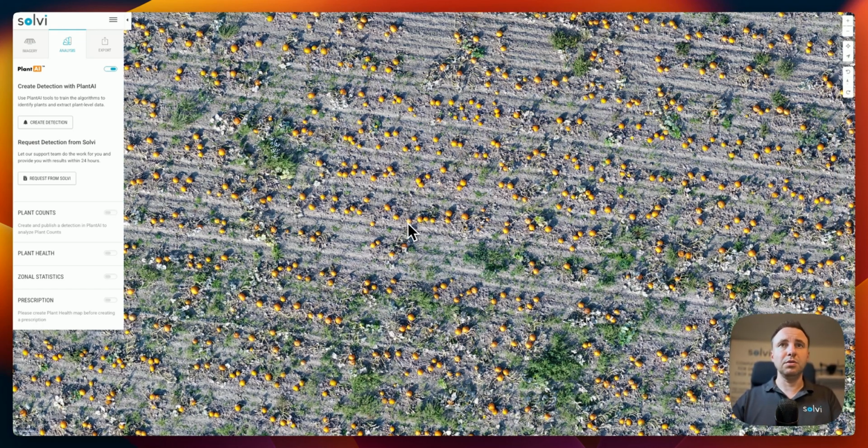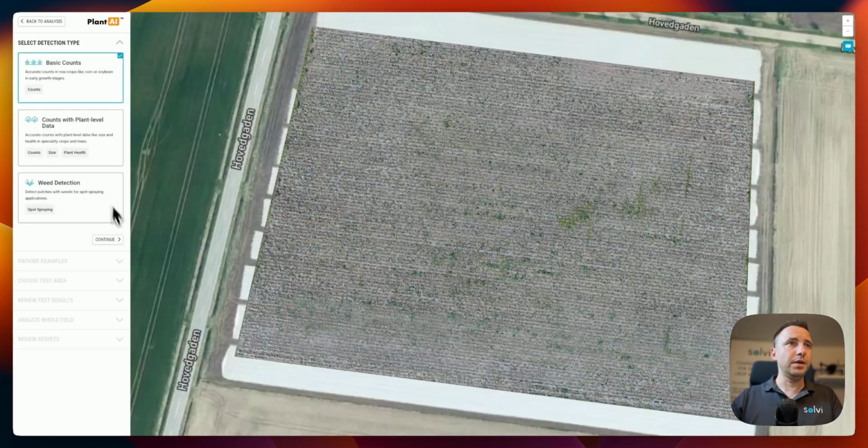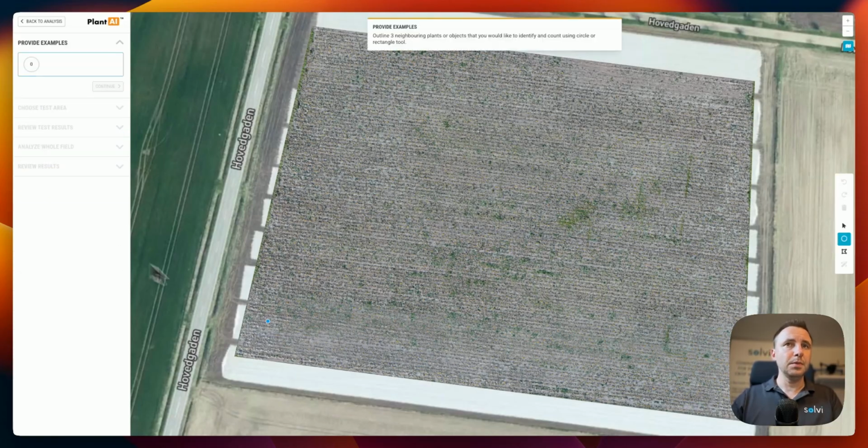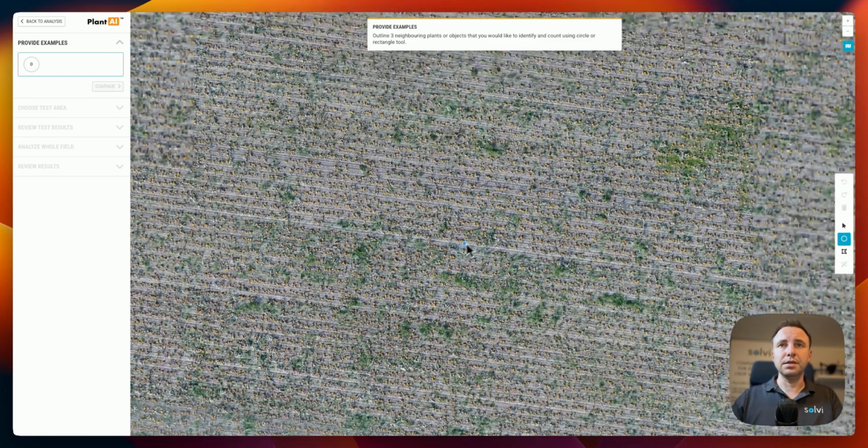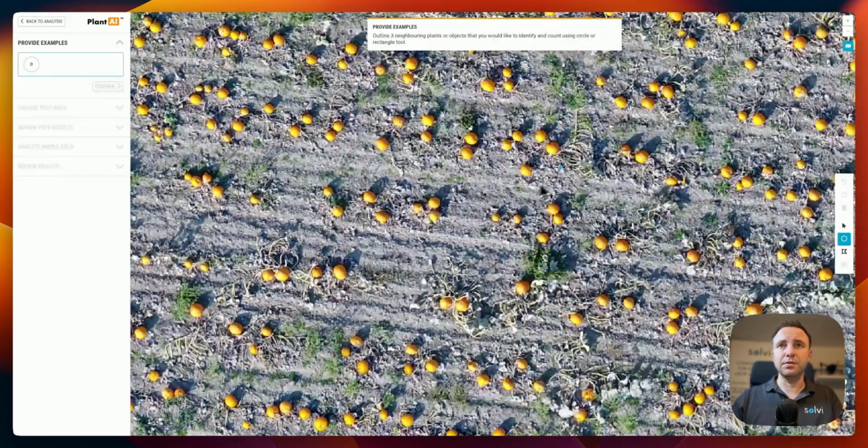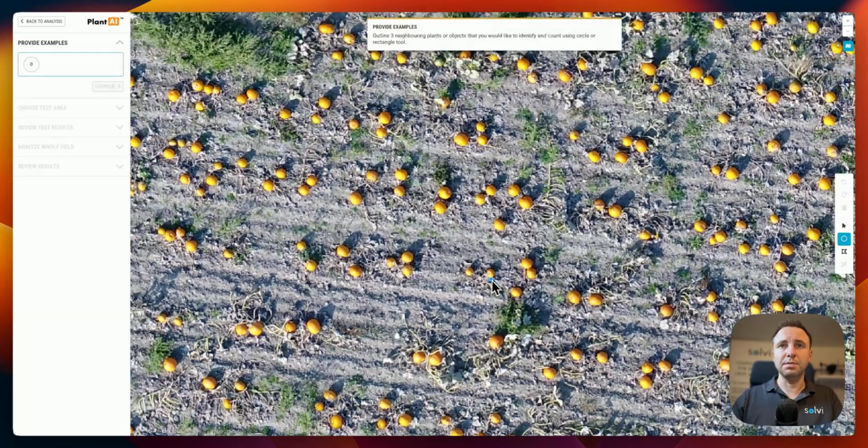So we will use almost exactly the same workflow as in the first step, but this time, apart from just counting pumpkins, we will generate plant level data like diameter, area, and length and width of each pumpkin. So we'll create a new detection here, and this time choose this second option, counts with plant level data. Click continue, and in this step we need to also first create 3 examples of the pumpkins that we are